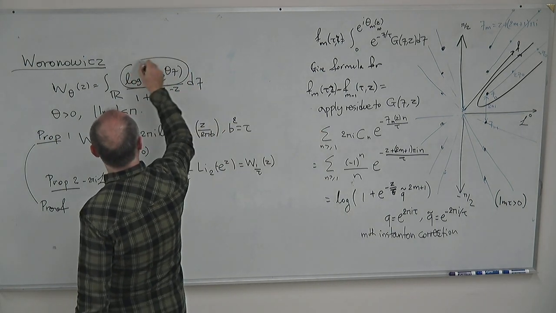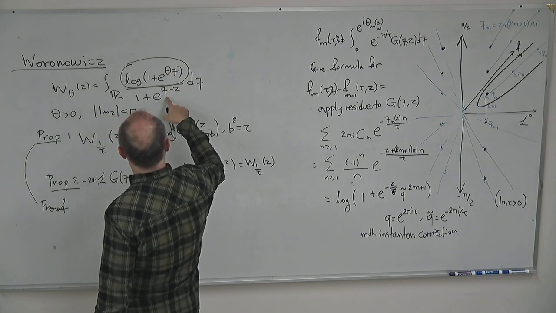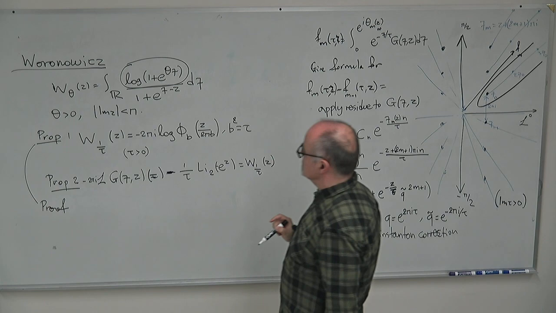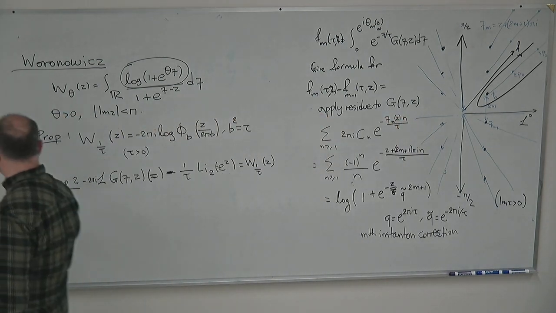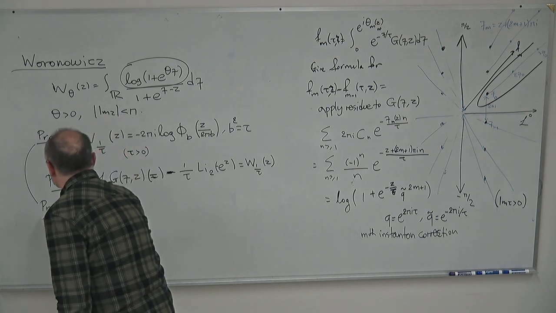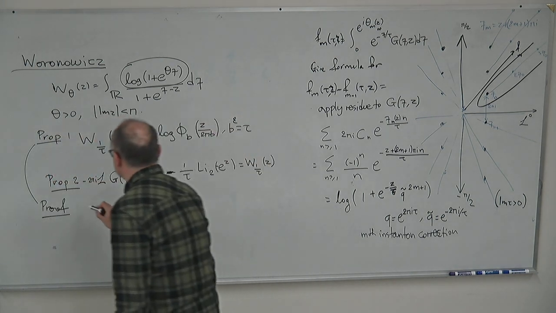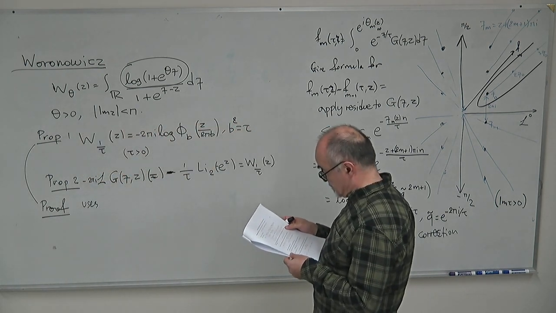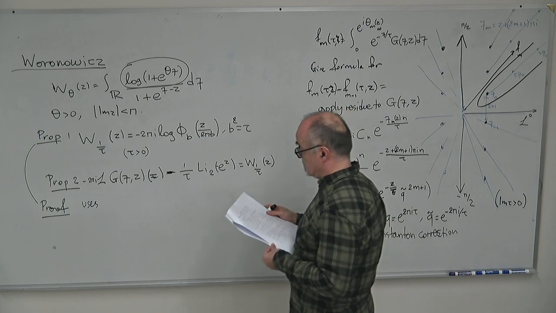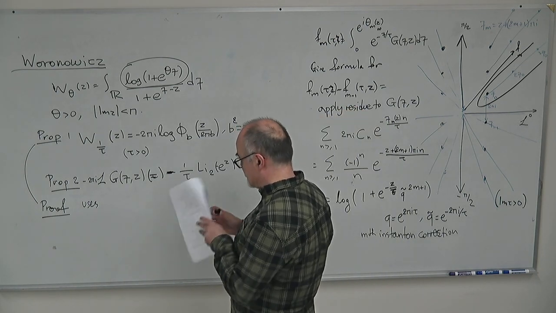One is log and one is 1 over 1 plus e to the xi minus z. And they are paired. And there are two hyperbolic sines here. So the proof of this proposition uses a special function identity,